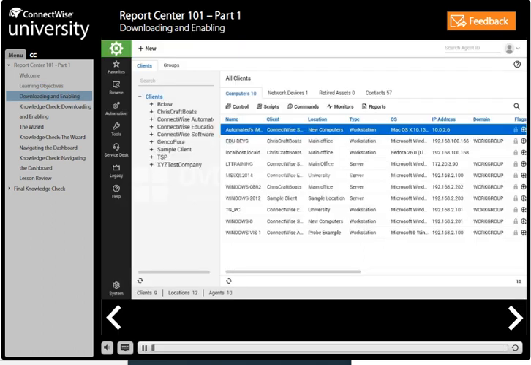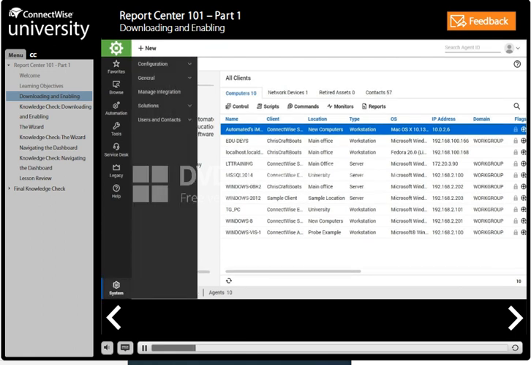The Report Center is a necessary business intelligence tool that is downloaded to make informed decisions, provide transparency in the rendered services, and discover revenue-generating opportunities. The Report Center is not included with ConnectWise Automate out of the box and must first be downloaded from the Solution Center. After downloading, you must enable the plugin from the Plugin Manager and restart the Control Center. The link to the Solution Center and Plugin Manager are located under Solutions in the System menu of the Control